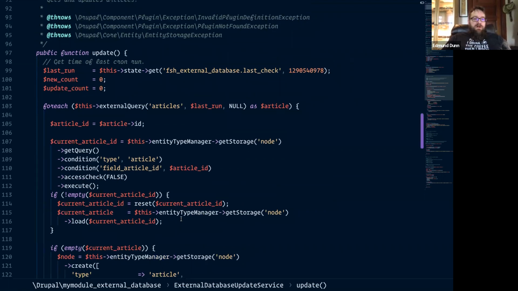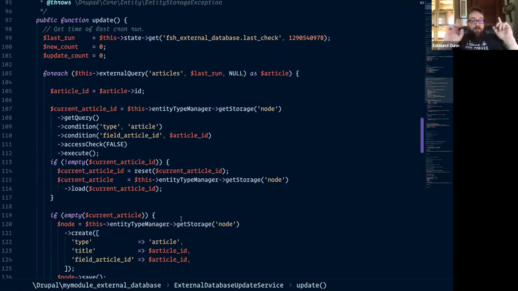So here is our update function. This is our one public function, and it is also in the interface. This is what gets the ball rolling. As you can see, I spoke about state earlier.